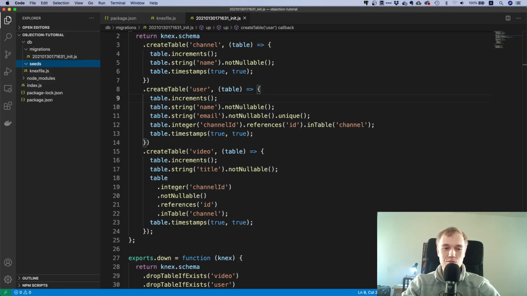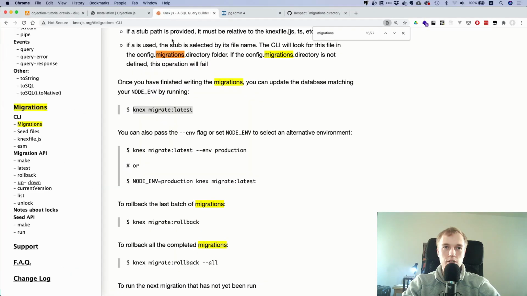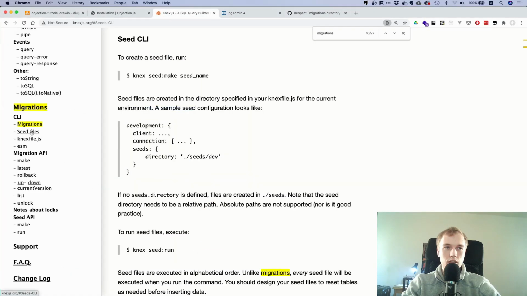So let's create a seed. And the interesting thing is that Knex also has this seed file section. There you can see it's pretty simple. So it's pretty consistent in naming. You just say knex seed make, you give the name, and then it's going to create a seed file. And by the way, I think let's go to our